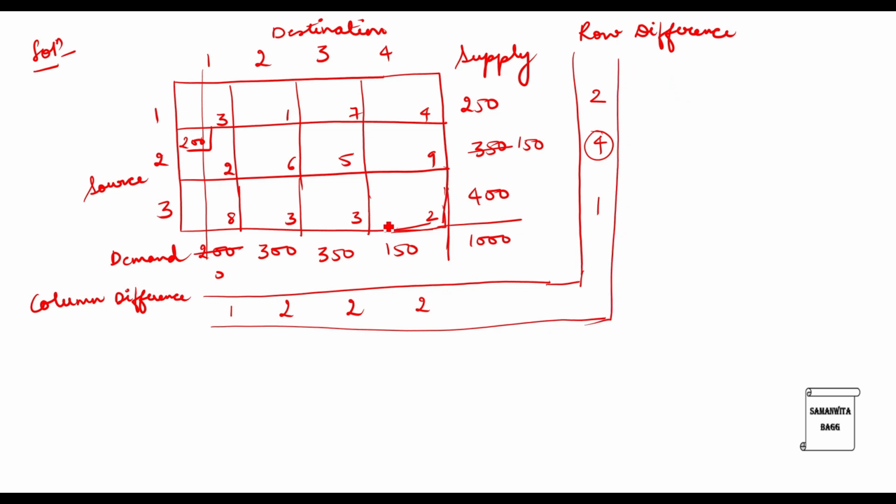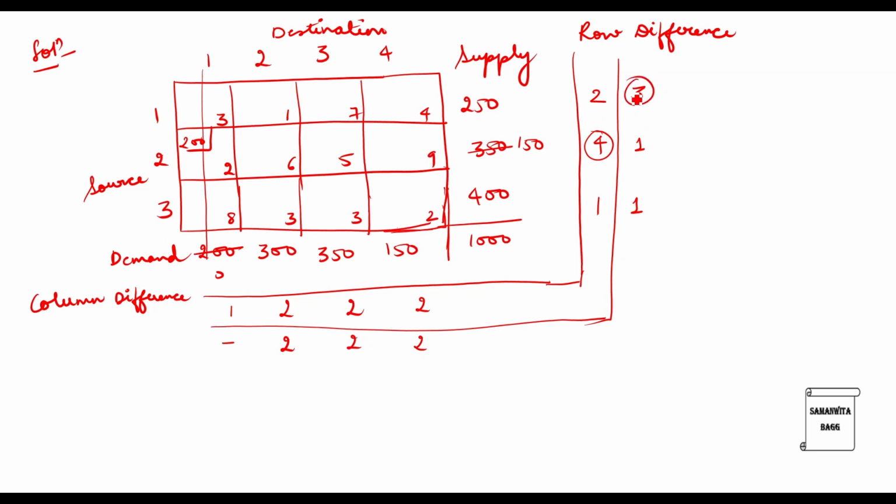Again, we will calculate for the next allocation. In this row now, there are three values left, 1, 7 and 4. 4 and 1 are the two least values. So, the difference is 3. 6 and 5, difference is 1. Here, the difference is again 1, 3 and 2. Next, in the column, this column difference we don't have to take because this column is already cancelled out. From the second column, 3 minus 1 is 2. Third column, 5 minus 3 is 2. In the fourth one, 4 minus 2 is 2. Now, amongst these values that you have found, the maximum value is 3.